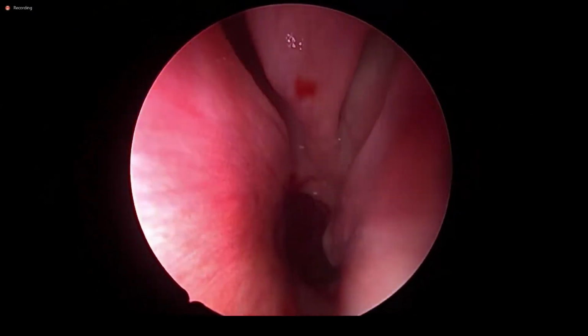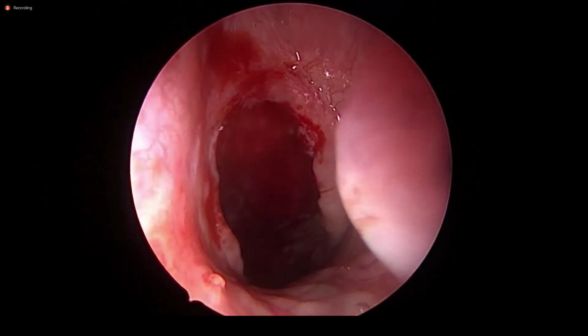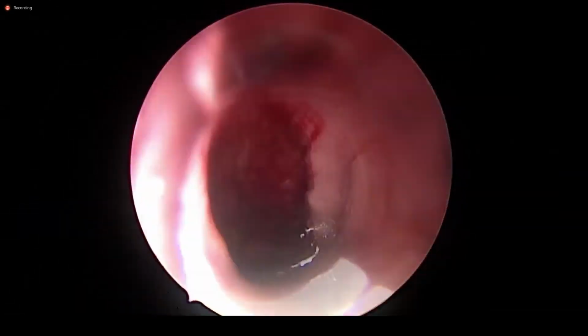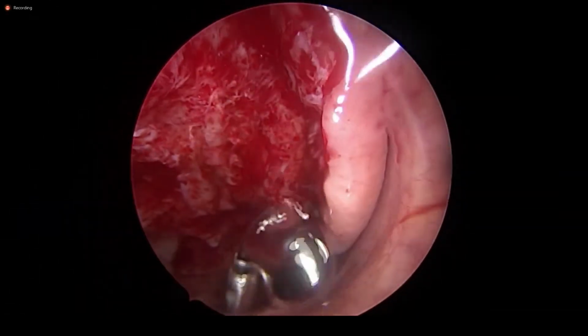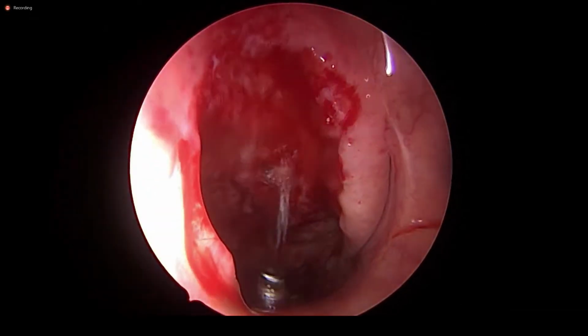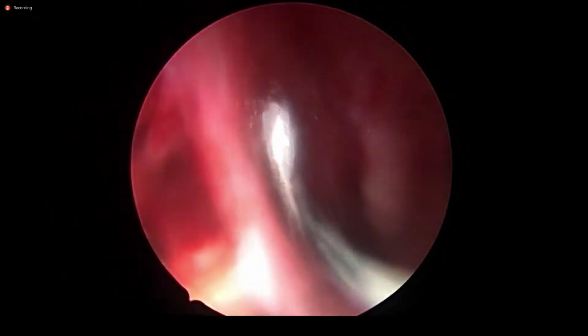See the initial picture after the first stage. Can you see? Yes, sir. It's nice to see. After the pack, there is hardly any bleeding. And with this kind of removal, you feel like,